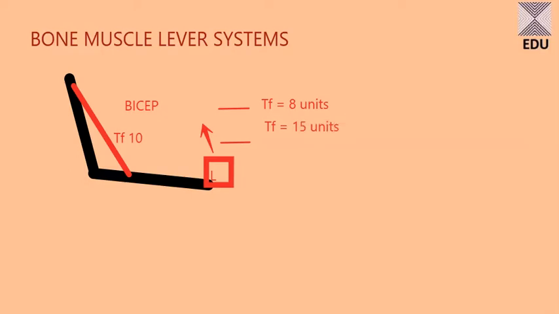Why is he producing 15 units? Because he's a sportsman. Suppose he's a weightlifter, so he can produce like 15 units or 20 units depending upon the width of the bicep. If you have a wider bicep,